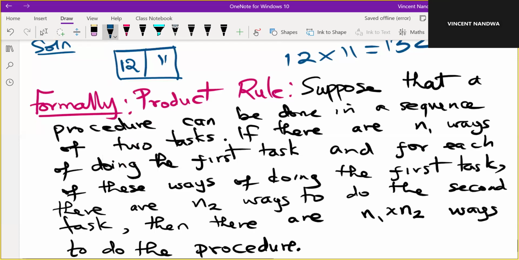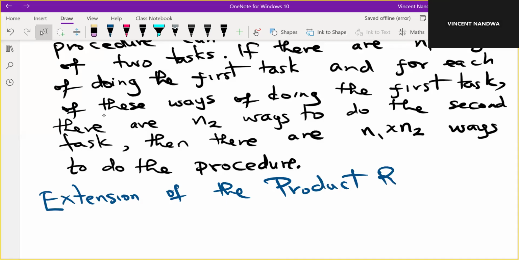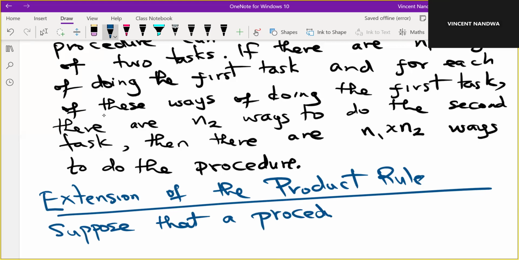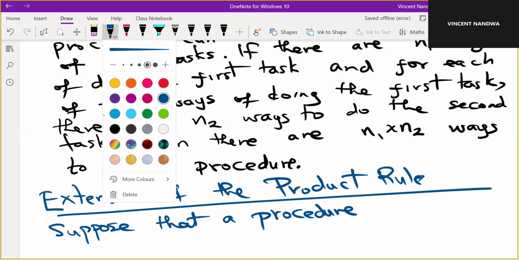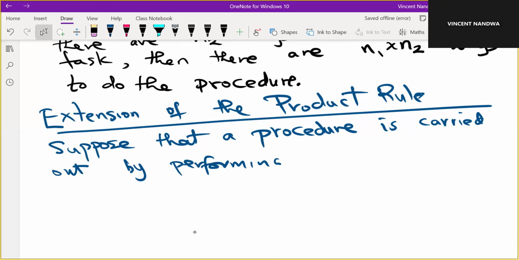So we're done. Good. We can also give an extension for the same when we have more than 2 tasks. So, extension of the product rule. Suppose that a procedure is carried out by performing the tasks